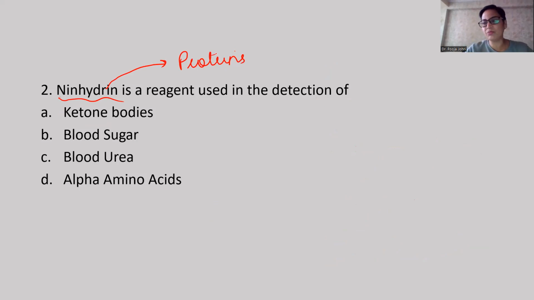When we have to estimate proteins, there are two tests. See, estimation can be qualitative, it can be quantitative. So here we are talking about quantitative as well as qualitative. So for proteins the confirmatory tests, one is biuret, and all of you are familiar with this. Okay, second is ninhydrin. So first of all, biuret and ninhydrin are for proteins, right? And now see, the options are clear. Ketone bodies, blood sugar, blood urea, it comes out to be alpha amino acids. So the answer will be